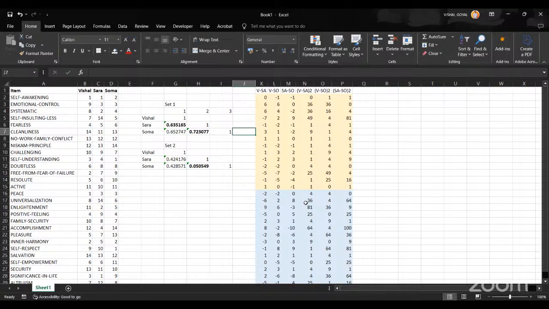Similarly, in the goal-oriented path, this 0.05 is an outlier. That means a huge difference in the thought pattern, a difference from the other people. So in such a way, sir, we can apply this in our school and college, so that we can make the target group according to the similar level.